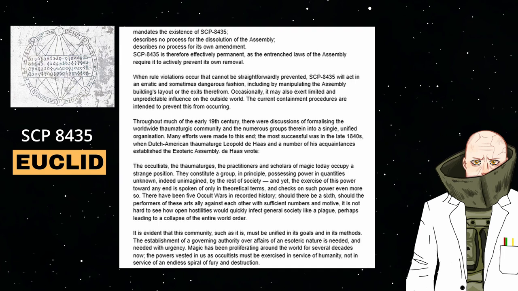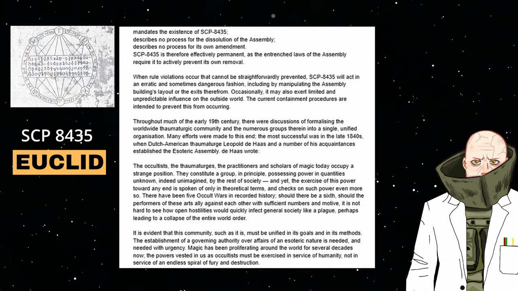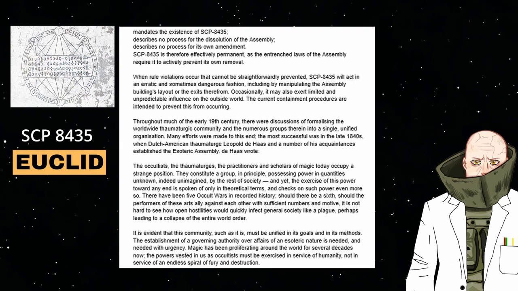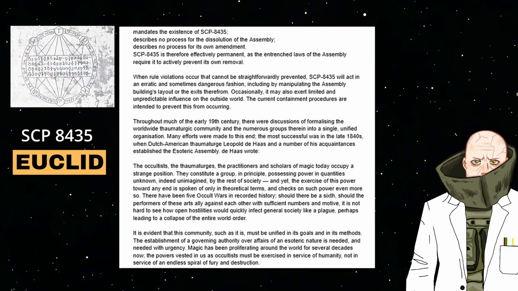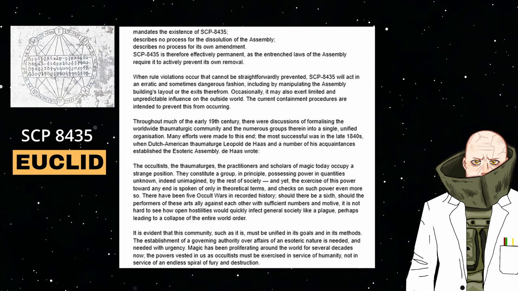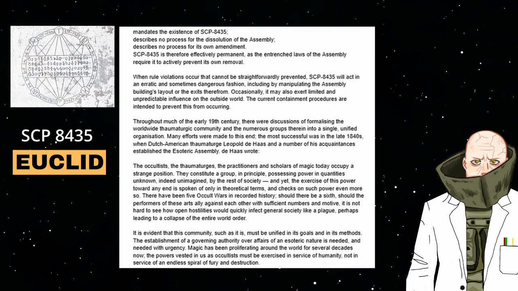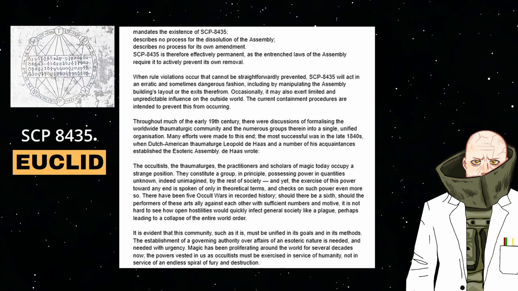Throughout much of the 19th century, there were discussions of formalizing the worldwide thaumaturgic community and the numerous groups therein into a single unified organization. Many efforts were made to this end. The most successful was in the late 1840s, when Dutch-American thaumaturge Leopold de Haas and a number of his acquaintances established the Esoteric Assembly. De Haas wrote, "The occultists, the thaumaturges, the practitioners and scholars of magic today occupy a